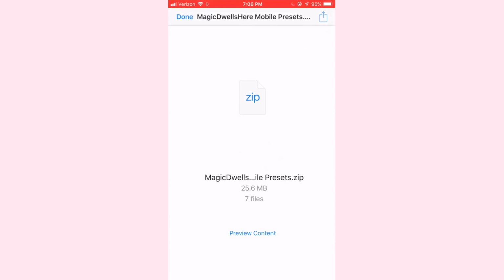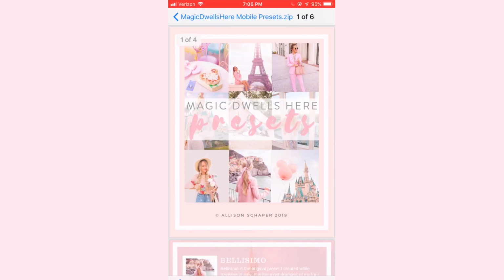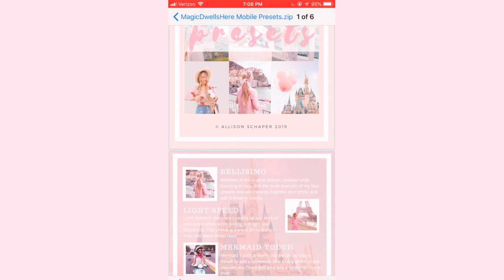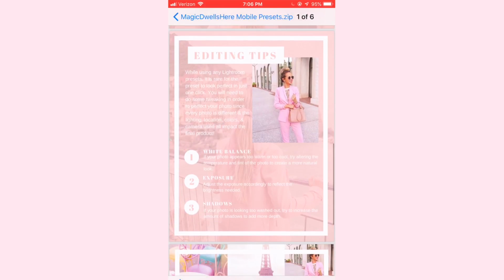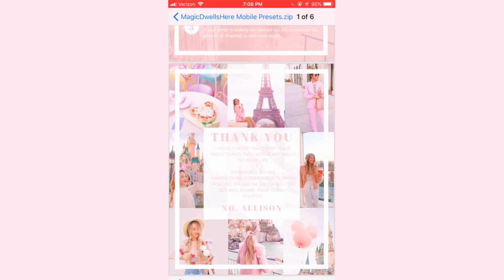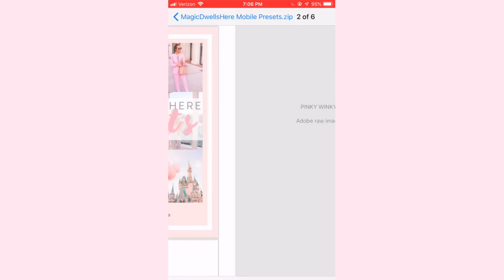It will then give you the option to preview content. So you're going to want to hit that. And you'll see this PDF I created. It's a PDF with just an overview of all 5 presets, along with some editing tips I'm sharing with you. And yeah, hopefully that'll be helpful to you. And then if you swipe left, you'll be able to see all 5 presets there. They don't look like much now, but I promise once you import them into Lightroom, they will be much more